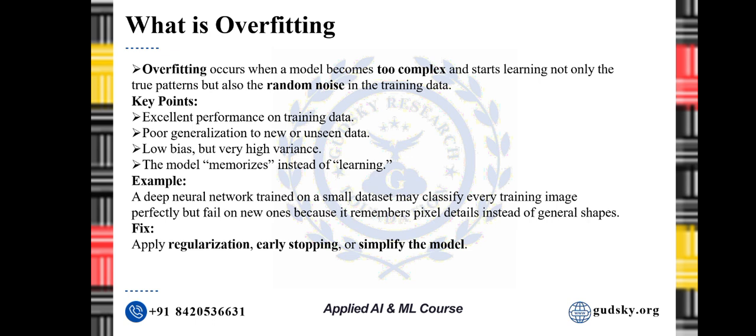Here is how we can summarize it. Overfitting equals low bias, high variance, excellent performance on training data, and poor generalization on unseen data. To fix this, we can use regularization techniques, early stopping, or simply make the model smaller or collect more data. So remember this: an overfitted model knows everything about the training data except how to work in the real world, and this is called overfitting.